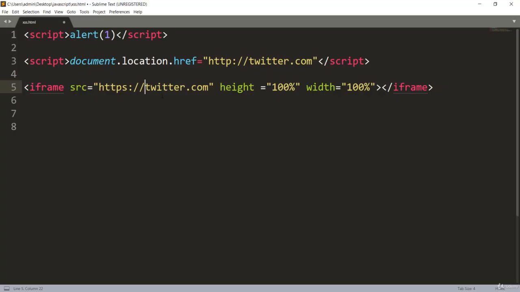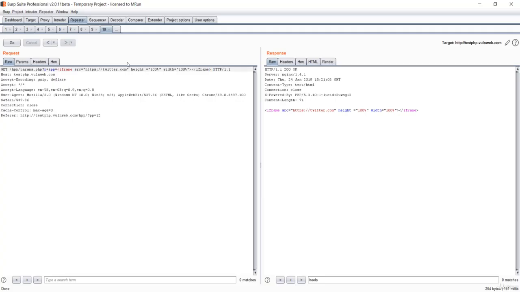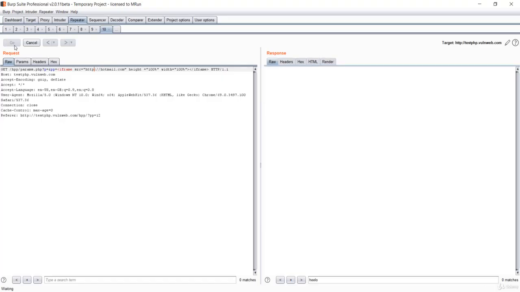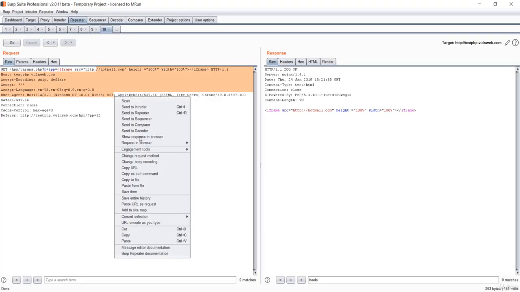Maybe something is happening over here. Let's check for Hotmail. Let's go directly to the Burp Suite and replace this with HTTPS, and see the response in the browser again. Let's paste and go, and it should load now, but it is not loading. Something is happening right here.